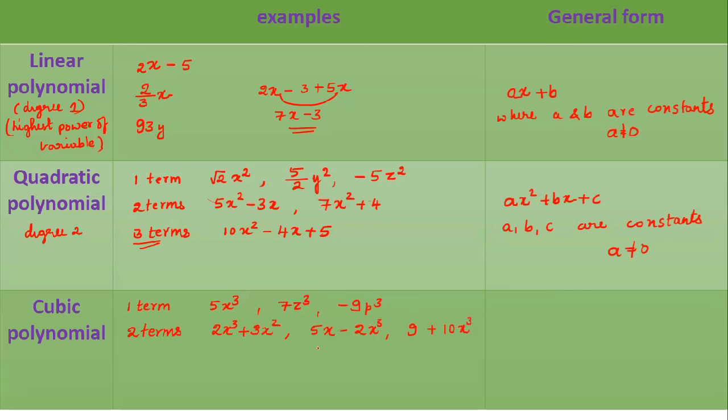These are cubic polynomials having two terms. Can we write many more? I wrote powers 3 and 2, 3 and 1, 3 and 0. Now let us write a cubic polynomial with three terms: 9x cube minus 3x square plus 5,